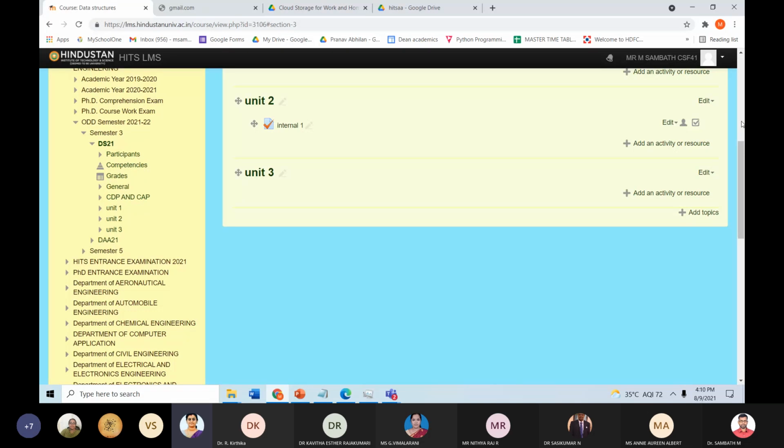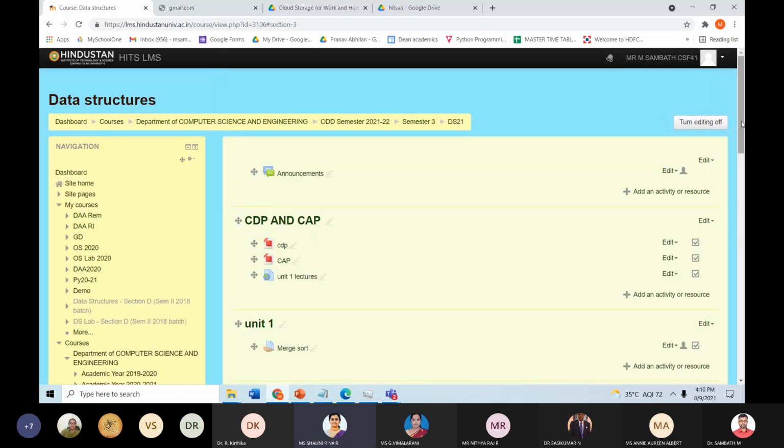Sambat sir, is that the question bank option? That's what I am telling. Okay, sir. You cannot create a question bank which has images or formulas. There is a restriction for that. The questions should be only in text. Only then will you be able to create the database of the question bank. For that we have a separate procedure, and whoever wants it, you can call me. I will tell you the procedure. Sure, sir.